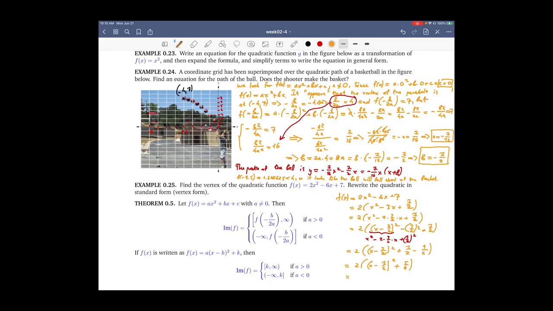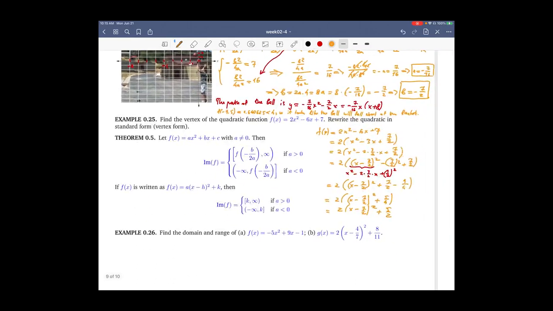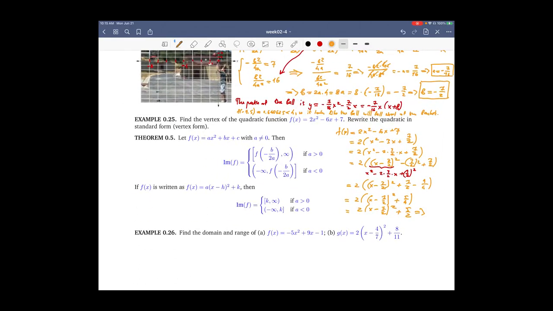Right? And when you distribute 2 back, it will be 2 times x minus 3 halves squared plus 5 halves. So we see immediately that the vertex is at the point